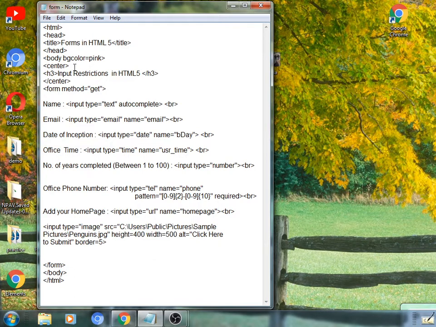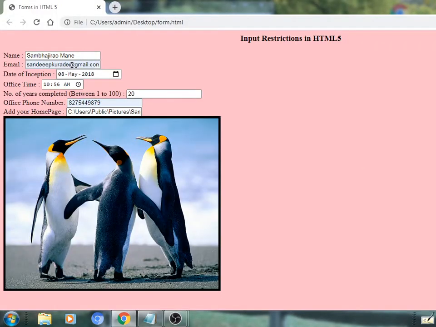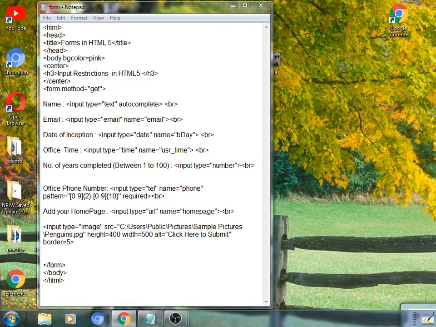See here a certain code we have designed, we have typed here. We will see the output of such a file in a browser's window like this. We are getting output here within the browser's window.